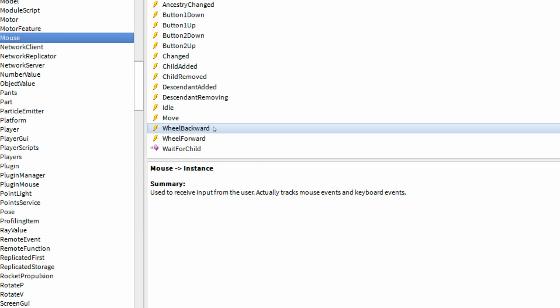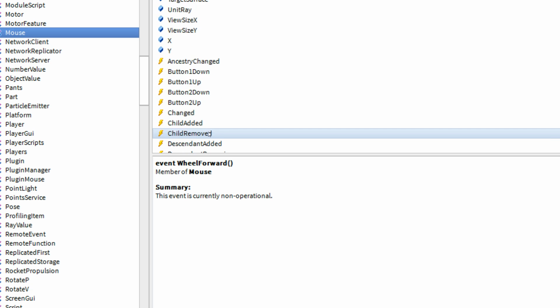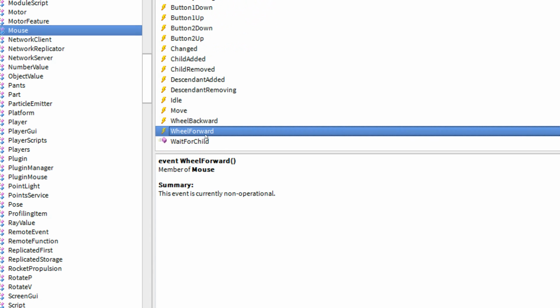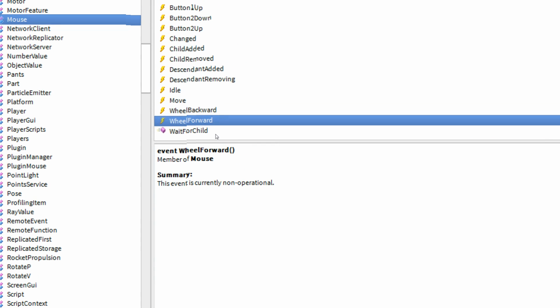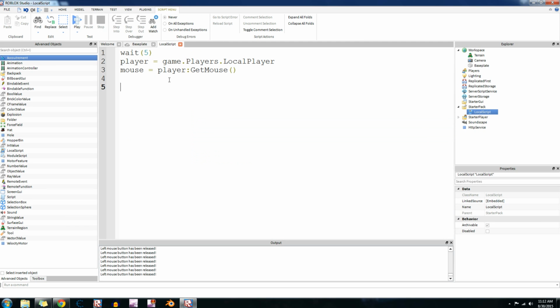Here it is. Wheel backward and wheel forward, which is the scroll wheel on your mouse, which is what I'm using right now to scroll up and down this thing right here. So wheel forward when you scroll it forward, wheel backward when you scroll it backward. So let's exit out of that. So having mouse.wheelforward